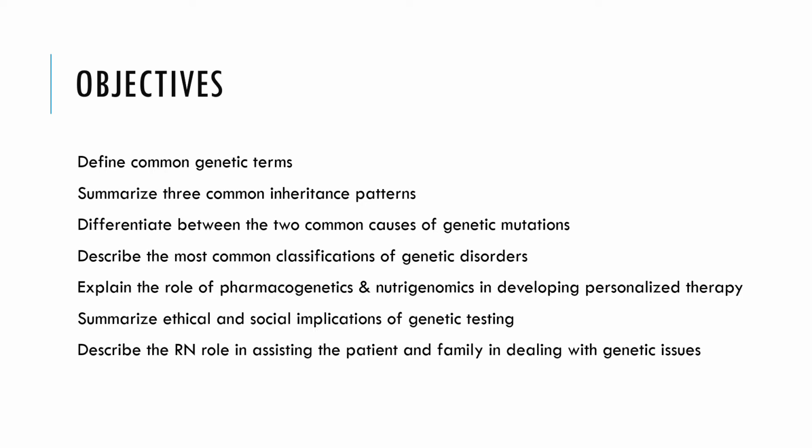I also added nutrigenomics, because as we move forward, we are now starting to discover things in plants and foods that can actually target alleles or target the DNA without really making change to the DNA. And then we'll summarize some of the social implications with genetic testing, who should give it, who shouldn't, and we'll describe what our role as an RN is in helping the patient or the family in dealing with